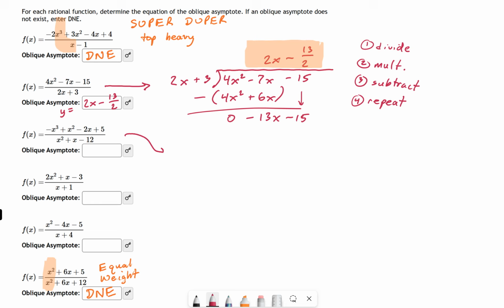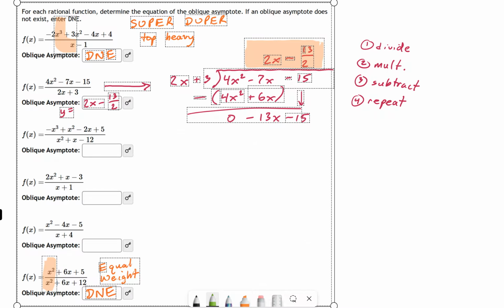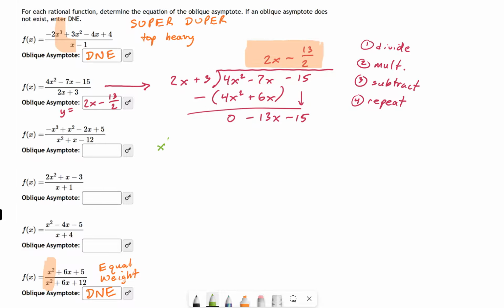Next one. I don't know if we'll have time to get through this, but here's how you would set it up. Let me do it in a different color just so we don't get our boxes confused here. This is going to be x squared plus x minus 12 divided by negative x cubed plus x squared minus 2x plus 5. Now I do my division first, and I get negative x. Then I multiply it back down. I get negative x cubed, negative x squared, positive 12x,